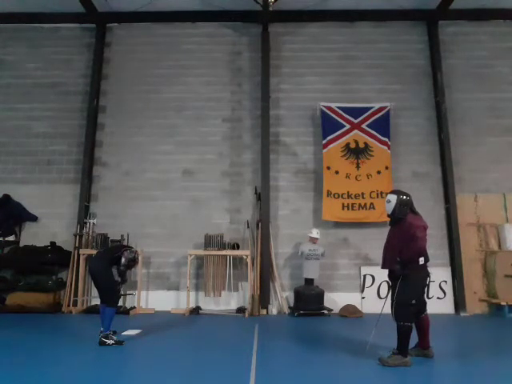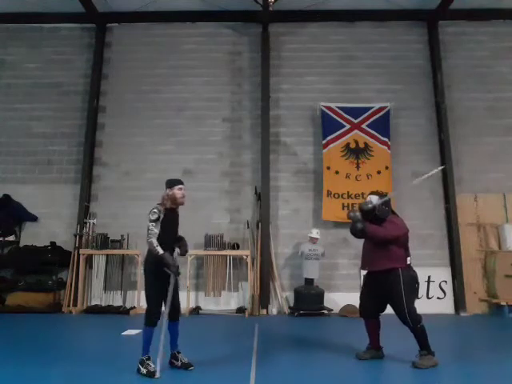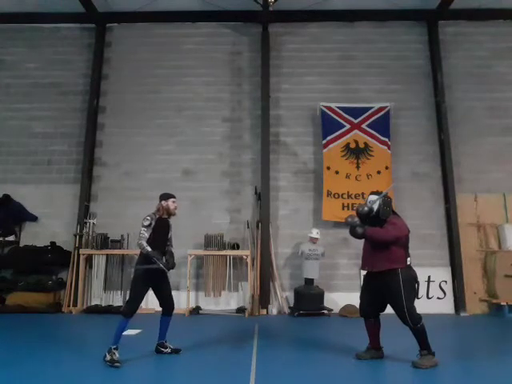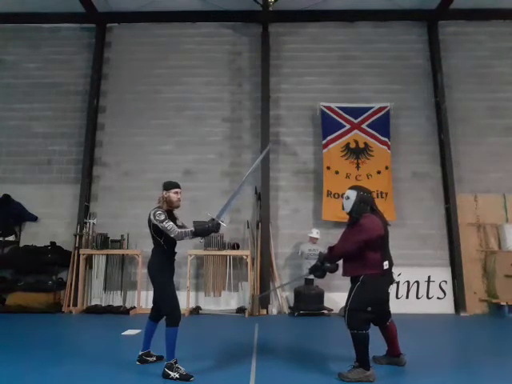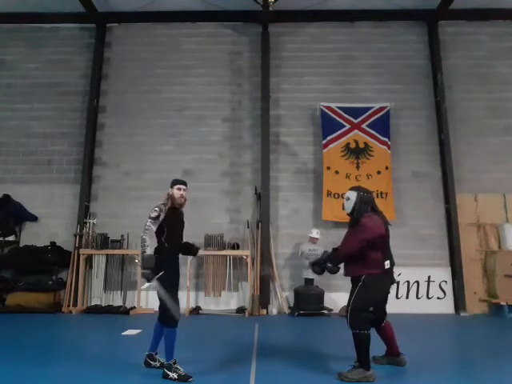All right. Next is going to be coming in high from the left. Nope, coming in high from the right. There we go. When he cuts in from his offside, we're actually going to see a deflection, followed then by a pommel strike. Now, this deflection is an interesting one. As he cuts down, it looks very much like he's meeting it either with the flat, like we talked about in the first episode when we talked about parrying, or meeting with the edge, which, depending upon what he's doing,